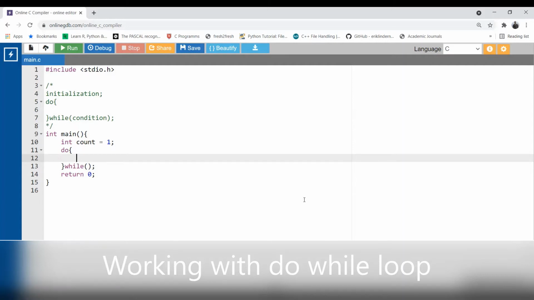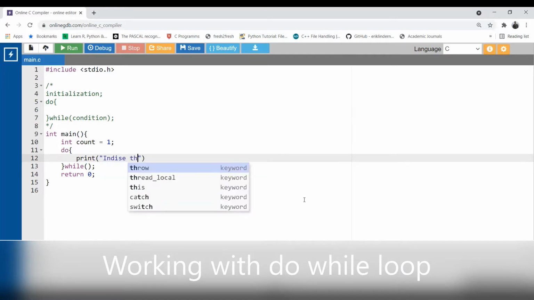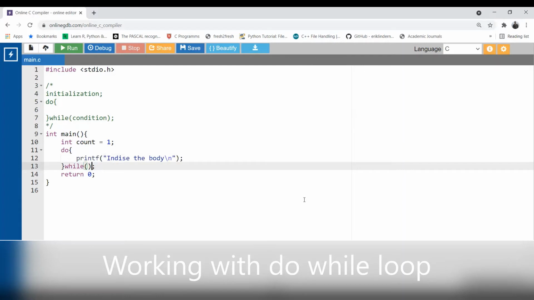Let's print the same line again inside the body, with a backslash n. It should be printf, right? So for the condition, I want to print that particular line 5 times. So while count is less than or equal to 5, so I get it 5 times.